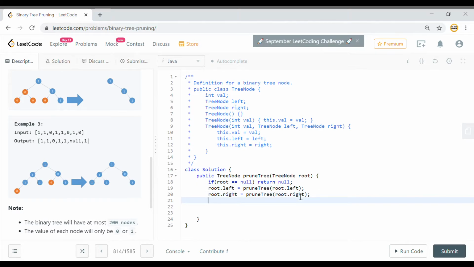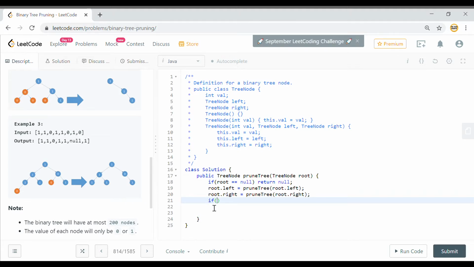Now once we have gone towards left and towards right, if we encounter a node which has a value 0 and there are no children to it, we need to remove that node also.